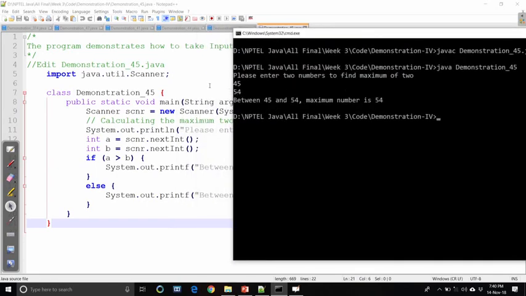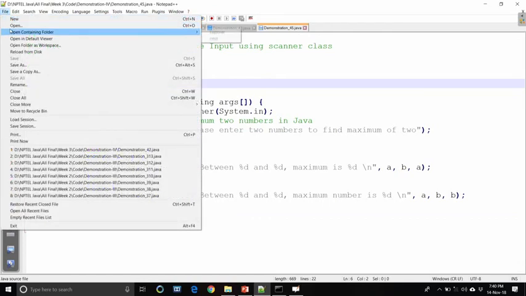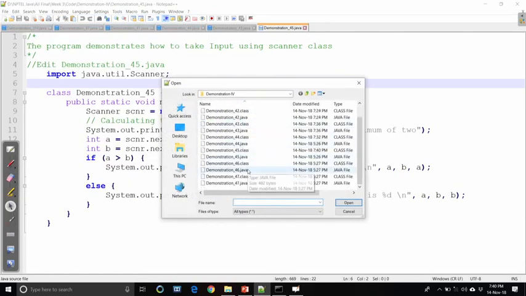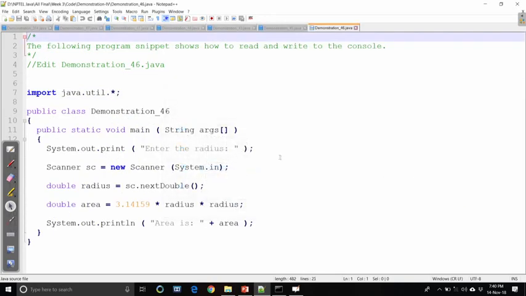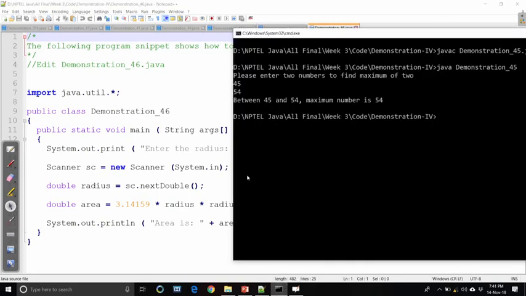So, it is there. Now, let us have another demo on the same utility of the scanner class again, 4.6. Again we use the scanner class which is defined in the util package, so the import statement that we have used earlier, like this one. Here we enter the radius, we read the radius, but in this case we read the number not as an integer, as a float. So, we should use next double. Now, again we create the scanner object, in this case SC, and the radius value will be read from the keyboard as a double, and then it will process it and give the result.